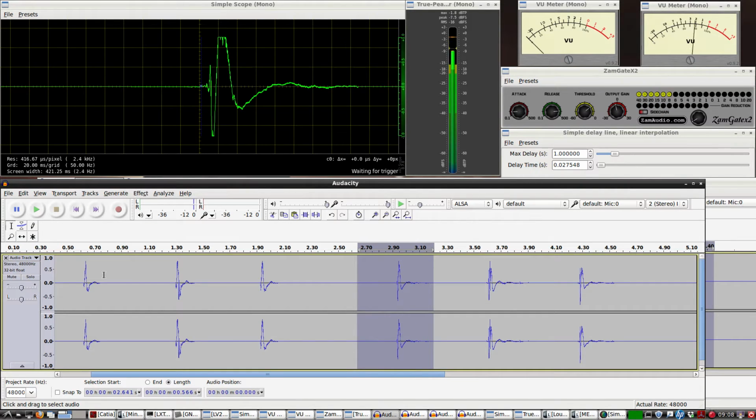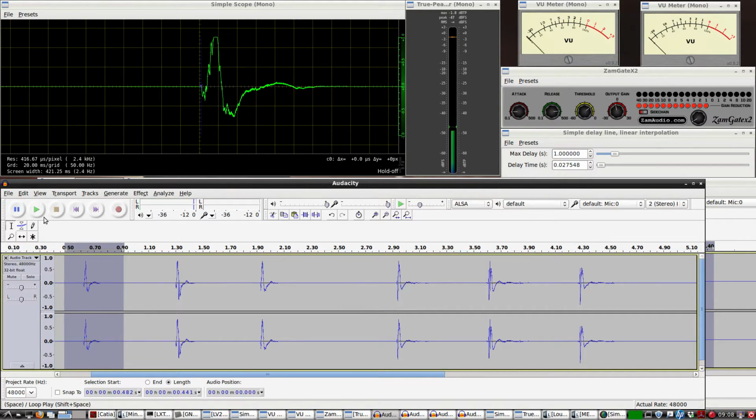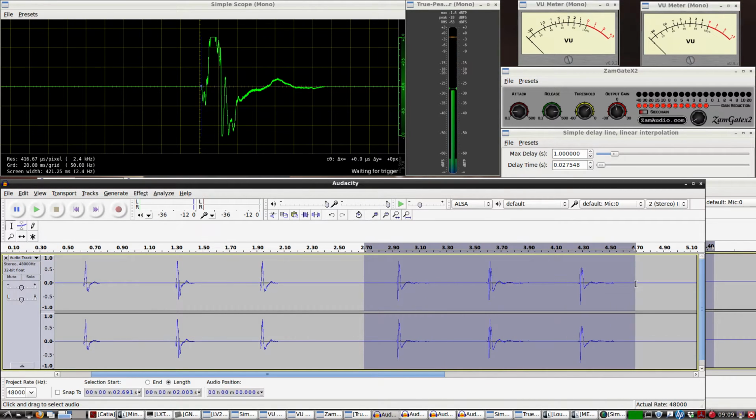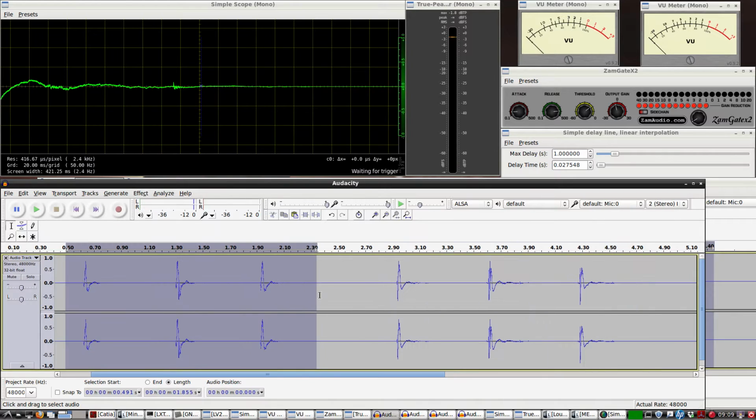And here's what it sounds like without the delay line, just using the gate by itself. And again with, just do it like this. And now without the gate, without the delay line. You can even see on the waveform that you've lost